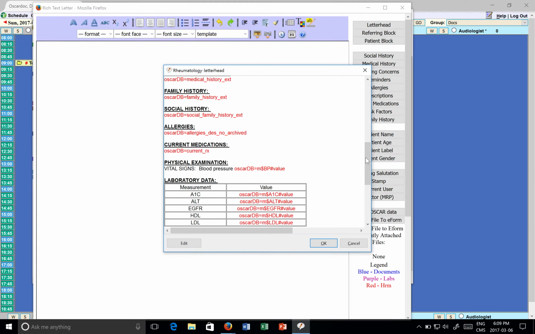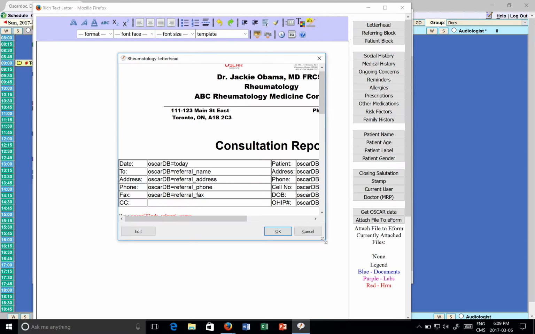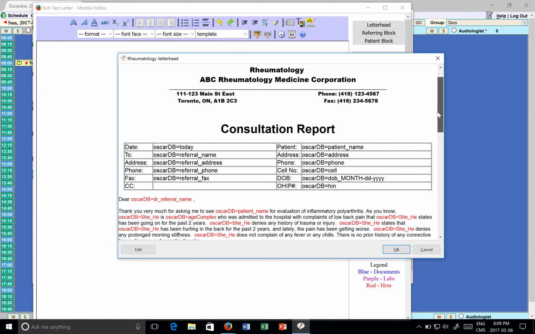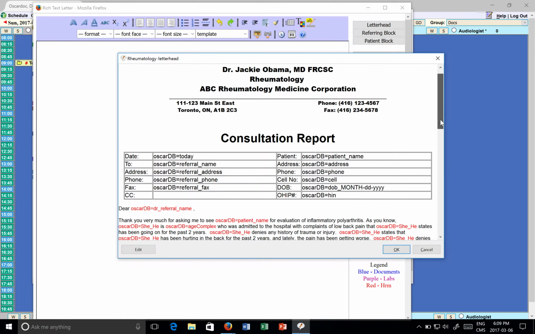Once I type the letterhead wording, you see a window pop up. This is a preview window and gives you a preview of how the letterhead will look. So this is my template. You will see there are logos and pictures here, clinic information here, and different font sizes and font colors. There are lots of Oscar DB tags, which are used later to populate the